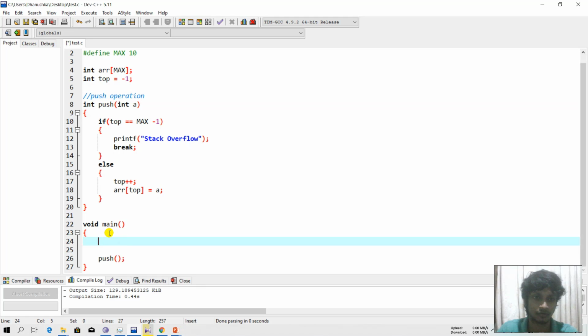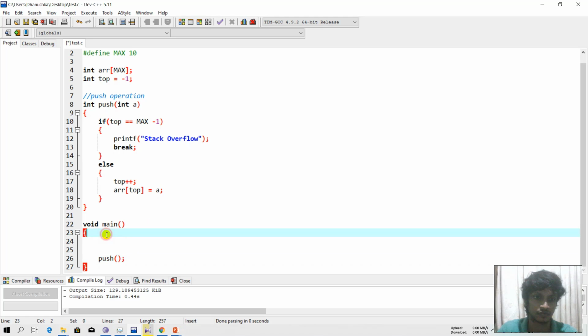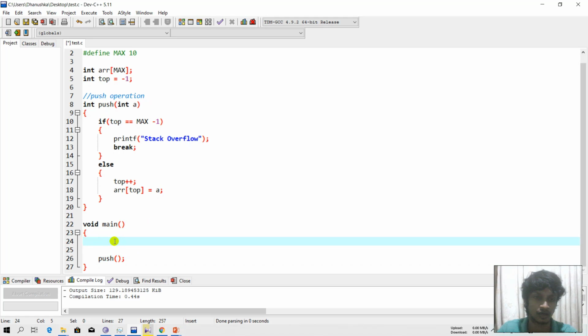Okay, now we can use this push method in our main function. In main function, first I'll print a message called enter any integer, because first we should get some input from the user.